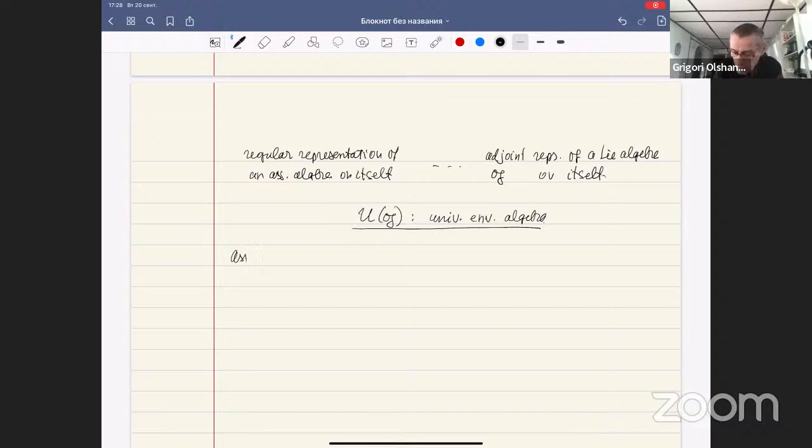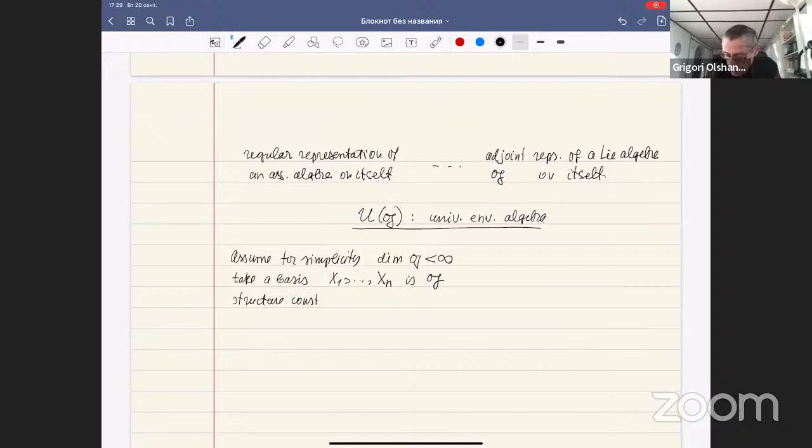So assume, for simplicity, that the dimension is finite, and take a basis in G, and consider the structure constants,